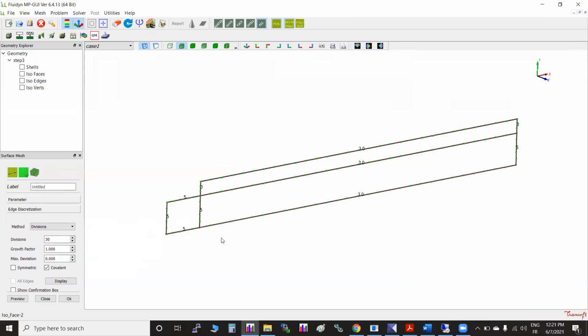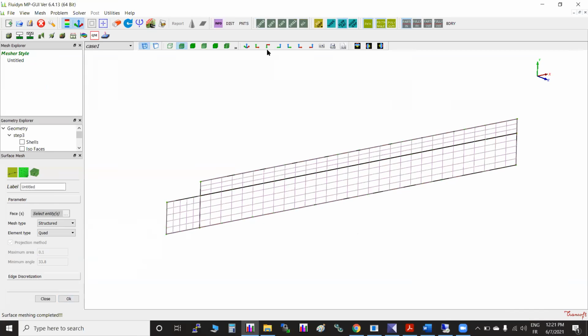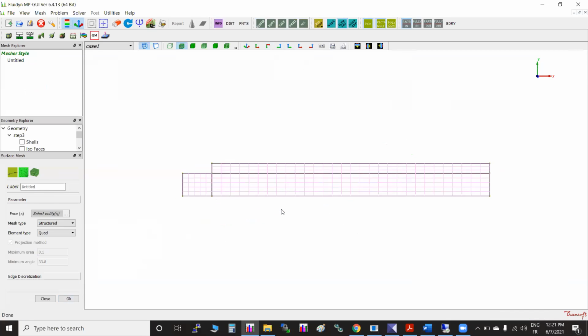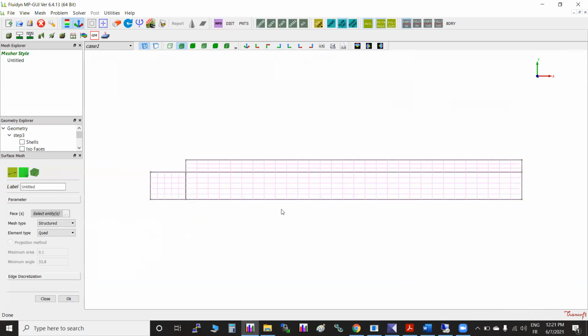Now once you are done, okay, it is nothing but performing the operation. That's it. Structured mesh. You have control.